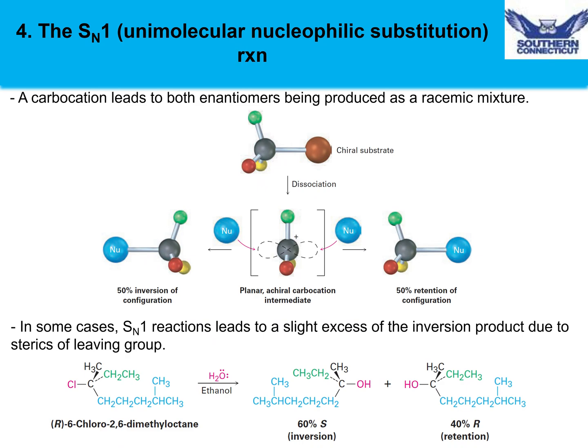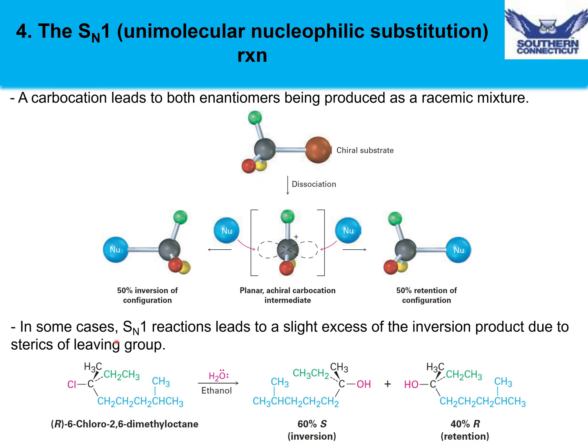All right, so here's another look at that carbocation. We could start with the structure in the middle. Here's our carbocation. It is trigonal planar, and basically it's as flat as can be. So the nucleophile is just as likely to attack from this side as it is from this side. That would lead to inversion of stereochemistry on one side or retention on the other side. And it occurs roughly in a 50-50 chance. Now, in some cases, the SN1 reaction will lead to a slight excess of the inversion